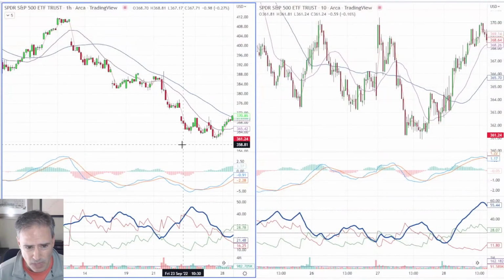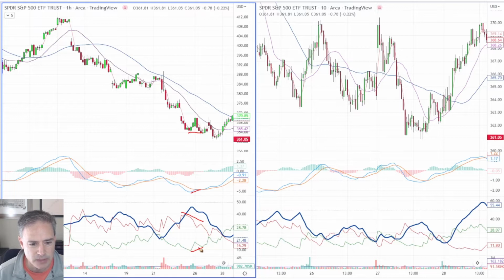So let's go ahead and get going here. I want to show you this. There are two different trading setups that I want to point to. The first was, as we were dropping down, before we got this rally, we had a divergence take place here where the MACD made a higher low, and we had these lines pinching together. Do you see how the DI lines are, this is making a lower high and this is making a higher low? So we know we're starting to form some kind of a contraction. We get confirmation when we make a higher low and a higher high here and a lower high and a lower low here. So right about there, we get confirmation.